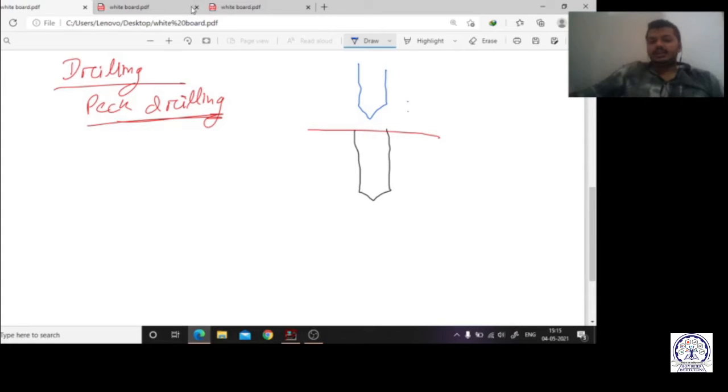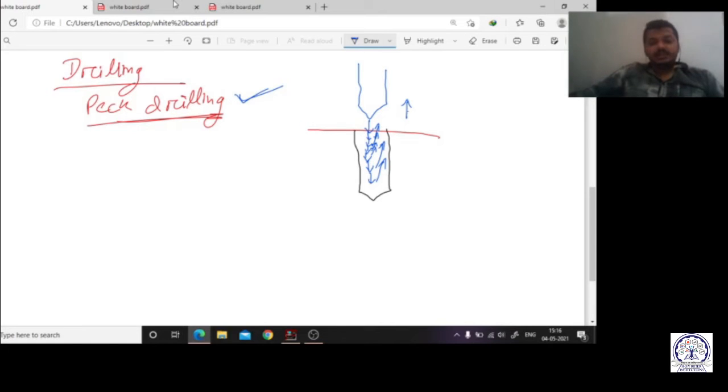Okay, and because the total system is the raw material, here we should not directly go inside the workpiece, otherwise my tool will break. So here we are going step by step, and at each step it is retracting. It means it is going to a safety zone, then it is going to the next step. So similarly here we are giving the incremental depth, retraction, incremental depth, retraction. So this is how my peg drilling should be done.